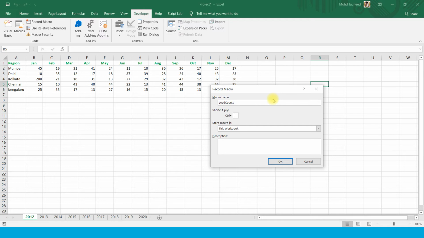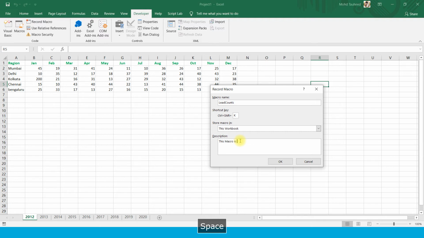So we can assign Ctrl+Shift+K. There are 3 options to save your macro: in the same workbook, in a new workbook, or in your personal macro workbook. So we can save this macro in the same workbook. Here you can describe your macro.